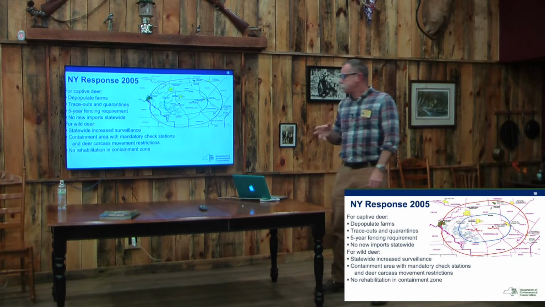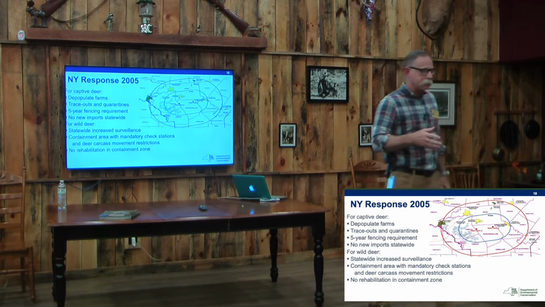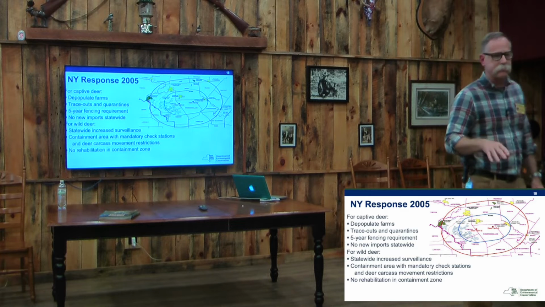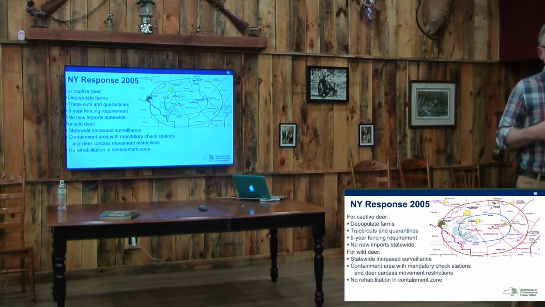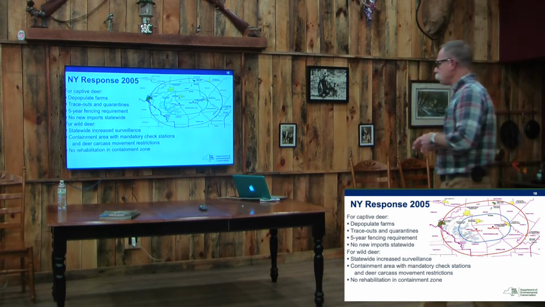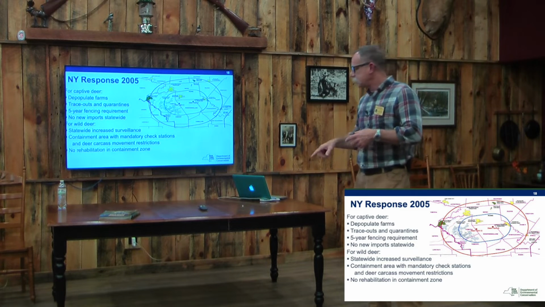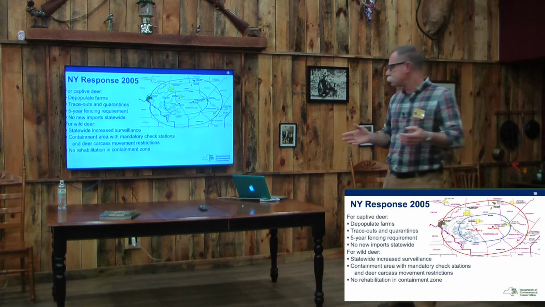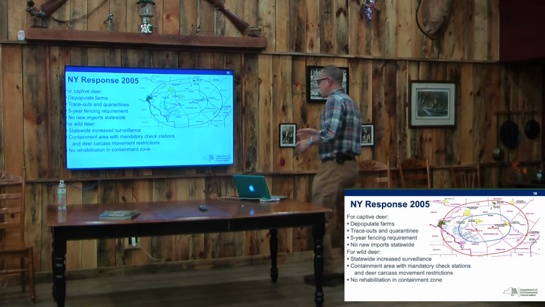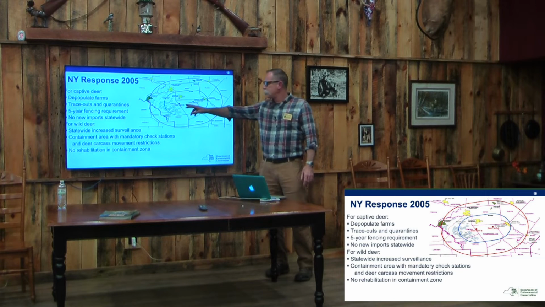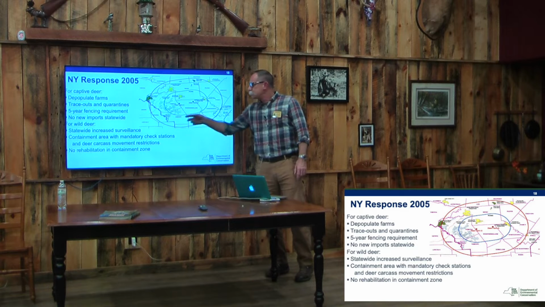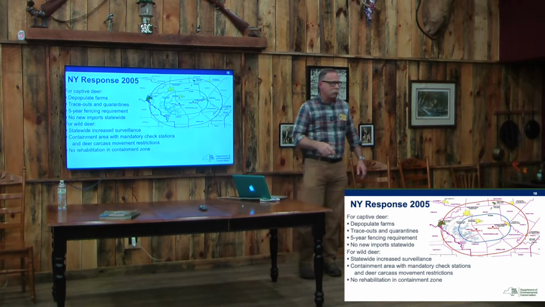And luckily at the time, the division director of Fish and Wildlife said, we'll buy the deer. Just pay him what he wants. So DEC actually bought the deer. We had USDA sharpshooters go in, kill all his deer, kill the deer on the other farm, and test them all for chronic wasting disease. As I recall, there were 2 more positives on his farm, and 1 positive there. We drew 5 and 10 mile circles around there.